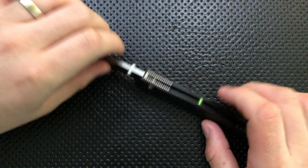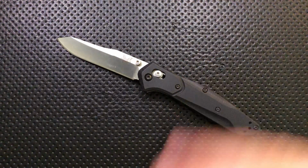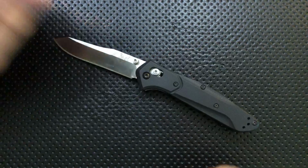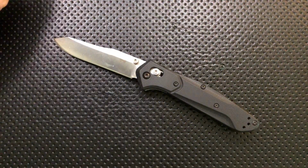There's not even full liners here. It's S30V. There's nothing. It's $170. Like $30 of this is the butterfly on the blade. But mind you, it's still way better than the 940-1, which is $100 more than this,